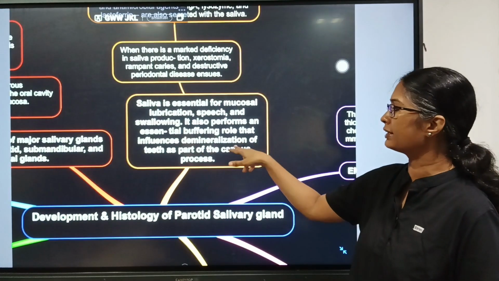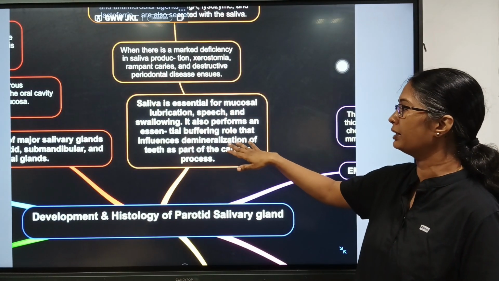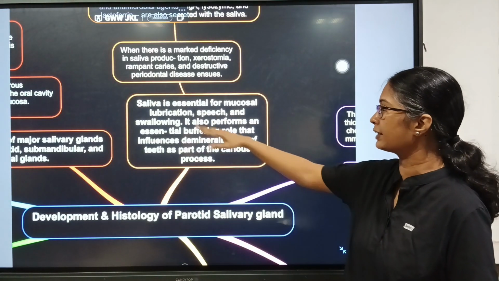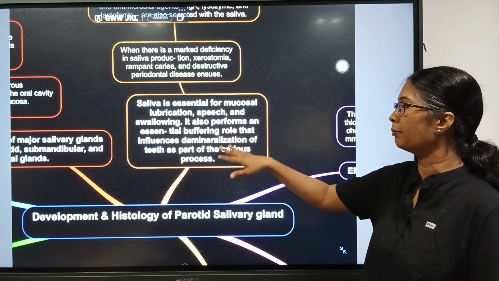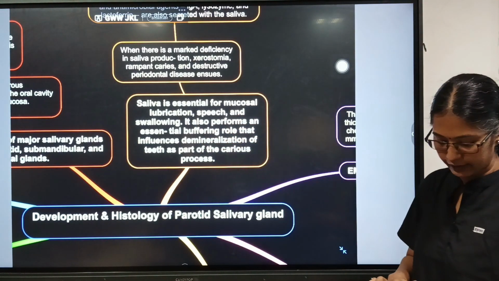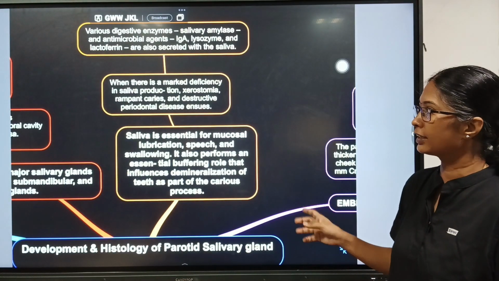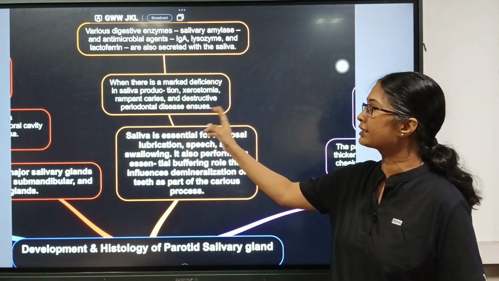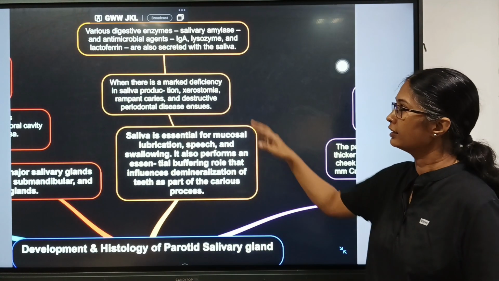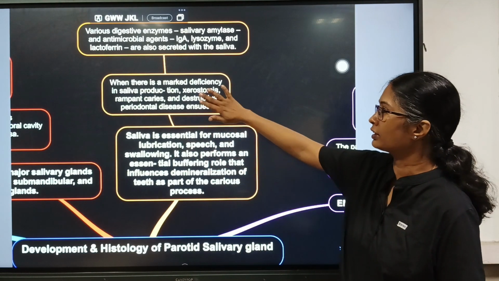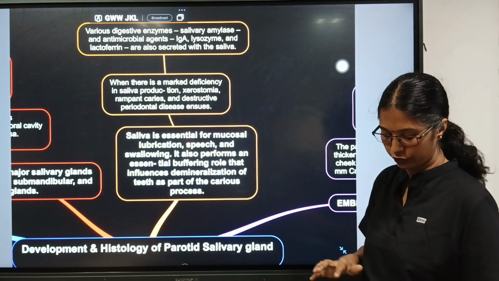So when there is demineralization, it happens in an acidic environment. To buffer that, saliva and its constituents help in the caries process. So when there is a marked deficiency in saliva protection, that is xerostomia, rampant caries and destructive periodontal diseases occur. So the protective role of saliva is lost in xerostomia, which leads to the destruction of the teeth as well